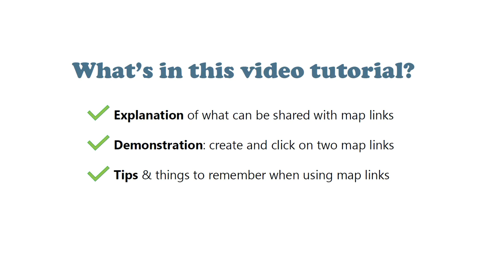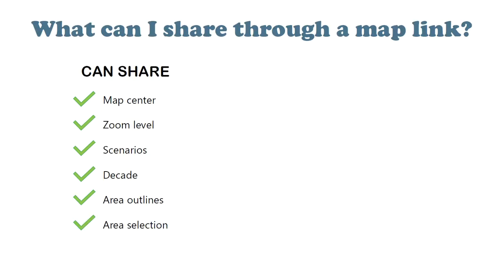So what content in NELF Explorer can you customize and share with a link? You can customize where the map is centered and how far zoomed in you are around that center. You can customize what scenarios you're showing and the year you're showing them in. You can also customize what type of area to show on the map, such as town boundaries. And if you choose to click on a particular area on the map, your selection will carry forward into the